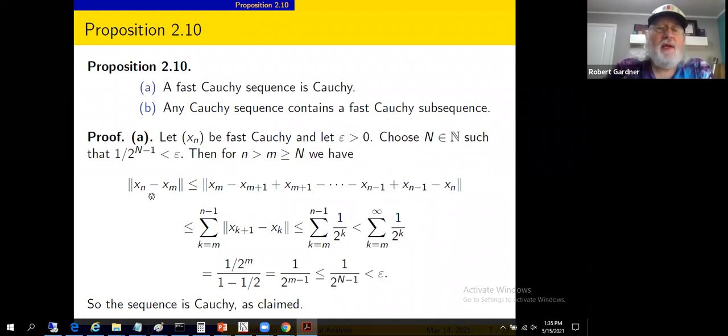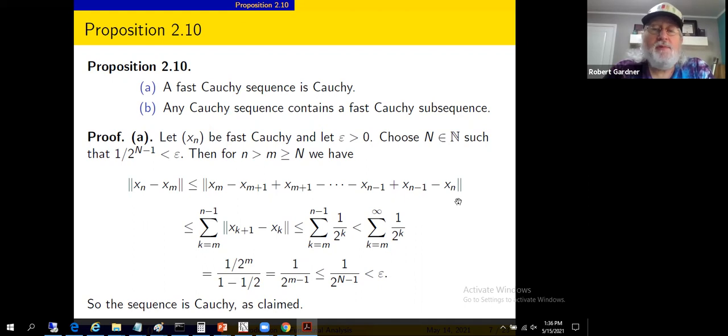Then what we would get would be x sub n minus x sub m. Say we take the x sub m and add and subtract x sub m plus 1, and add and subtract x sub m plus 2, and add and subtract and so forth, up through adding and subtracting x sub n minus 1. That's why we wanted that ordering on there. We're putting in a bunch of zeros, but those zeros correspond to terms between x sub m and x sub n. Also, it looks like we've introduced maybe a negative sign here. And actually, that's an equality because all these cancel out. So I should have an equality there.